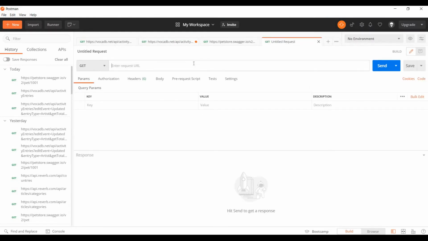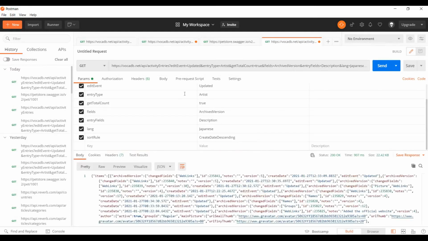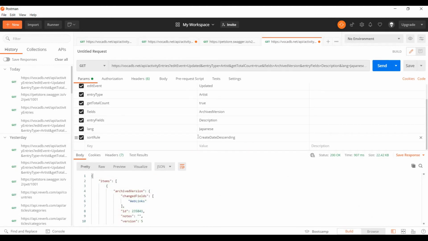Okay. Here I'm going to give this GET request URL. After clicking the Send button, based on these parameters the server will send the data to the client. Here you can see edit event, entry type, get total count. These are the keys, this is the value.